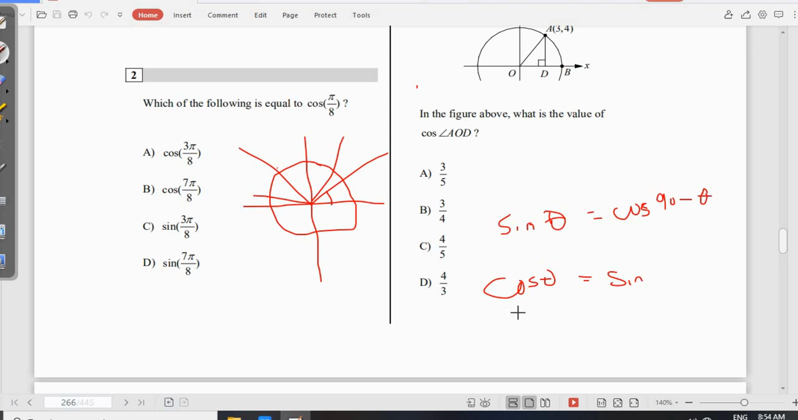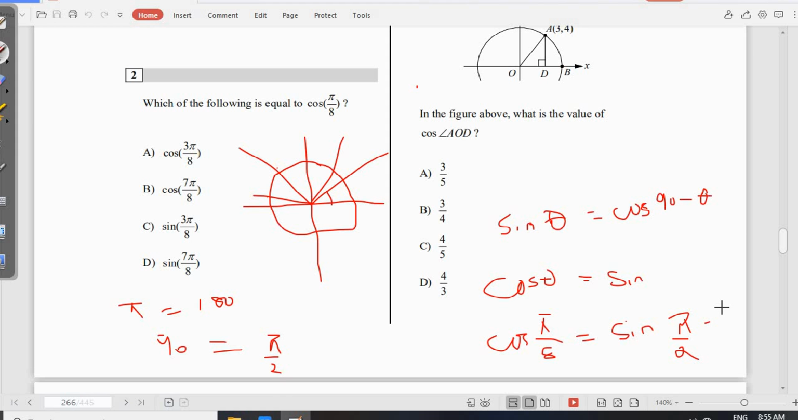So just replace theta with pi/8. So pi/8 is equal to sine of 90 degrees minus. What is 90 degrees? Remember that pi is 180. If pi is 180, then 90 degrees is pi/2. So we're looking at sine pi/2